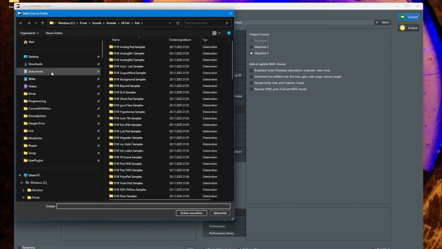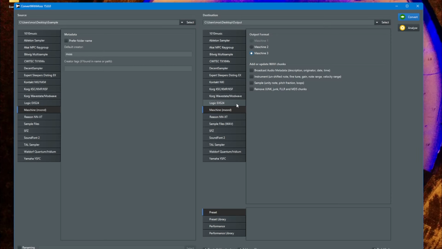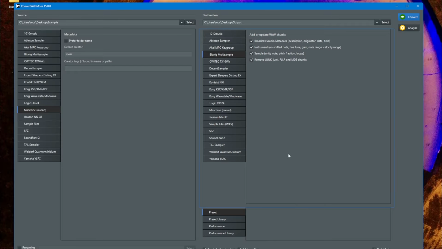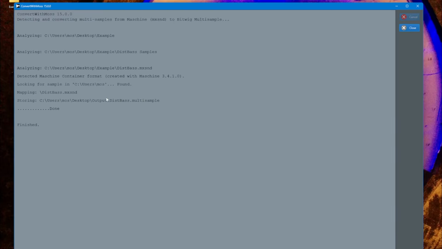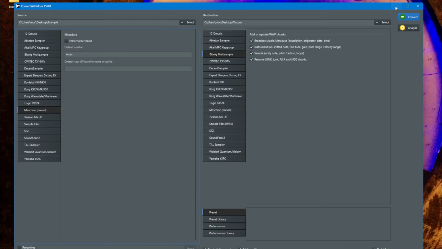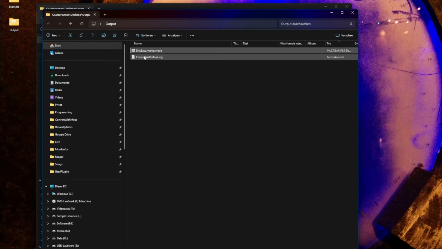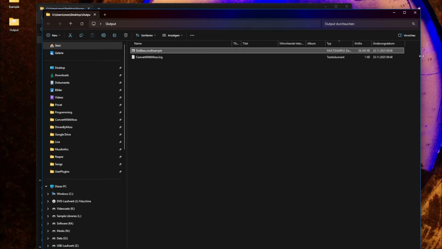Let's select the folder. For example, you could put it into general SFZ format, or if you want to take it on the road and prefer MPC for that, you could create an MPC file from that. But just for demonstration purposes, let's say we go here with the Bitwig multisample format. Let's convert that. And it wrote here in the output folder, I configured a DSpace multisample file, and let's check that out. So here is the output folder, and here is a multisample file which contains also all the samples,